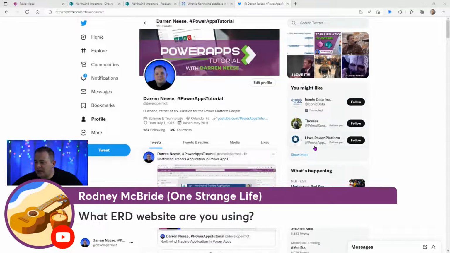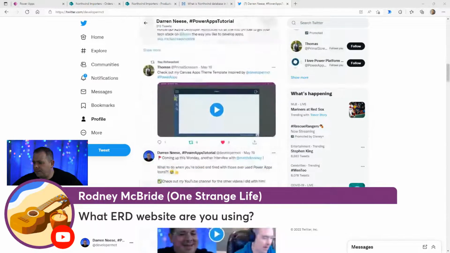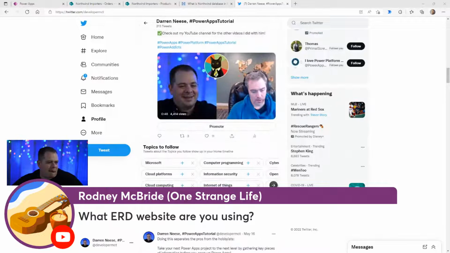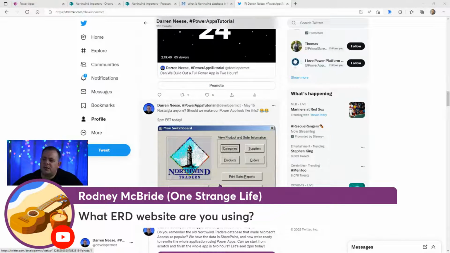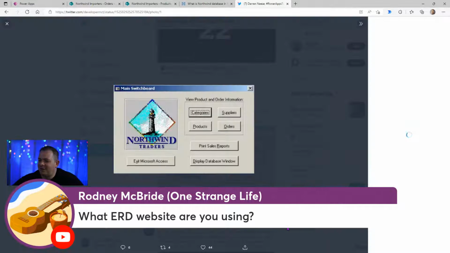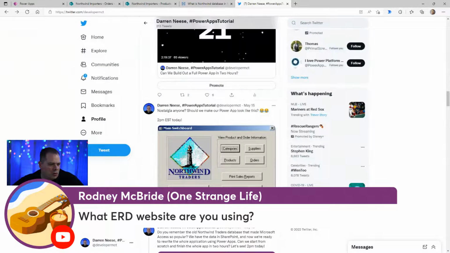So if you take a look at my Twitter feed here, I actually had it. So this is the switchboard I was talking about. This is very reminiscent of the old Access, or even some of the VB stuff, Kurt, that you and I used to do back in VB6. Create like a little menu board like that. So the ERD that I'm using